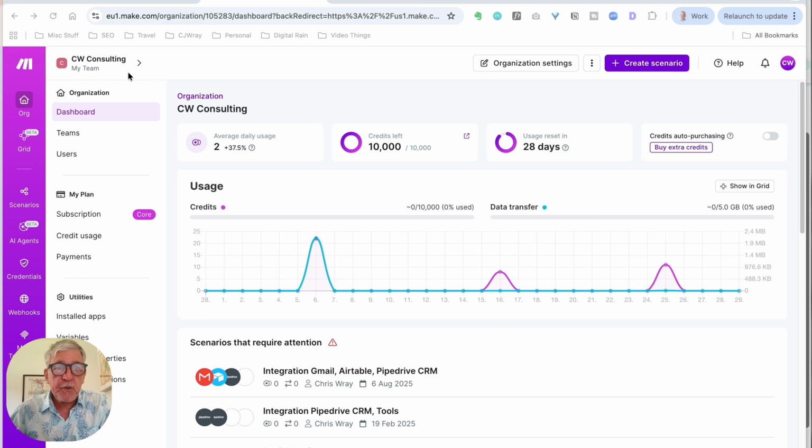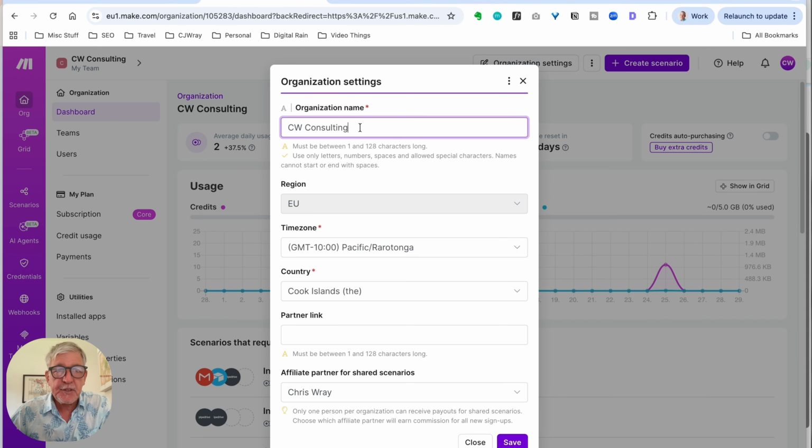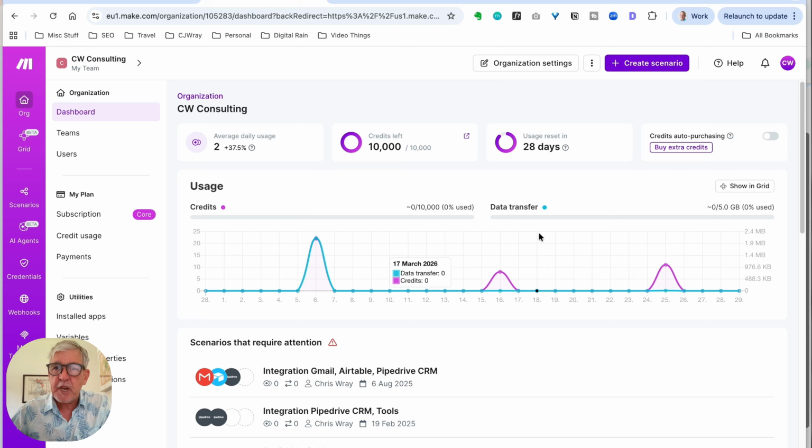So the first thing we'll want to do is firstly check here in the team. I think Make by default calls this My Organization. And so you end up with a lot of My Organizations when you share. It's a good thing to make sure that this is set to the name of your organization rather than My Organization. So you can make the changes and just click Save before you share, so the recipient can see whose